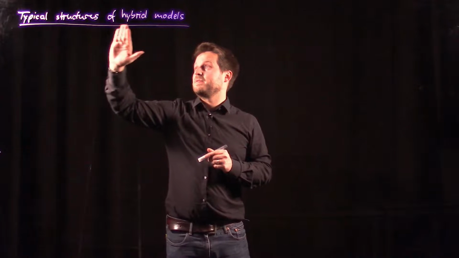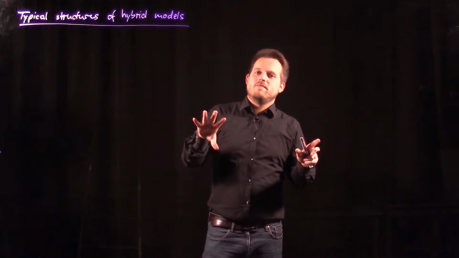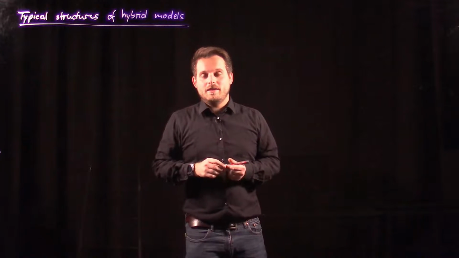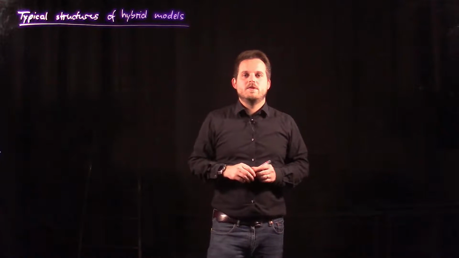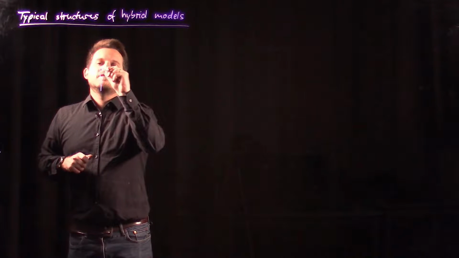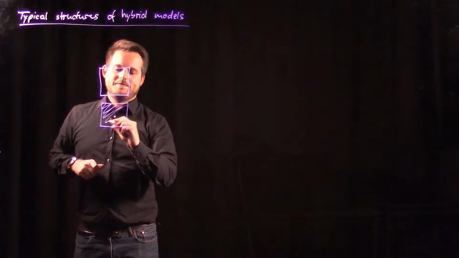And now we want to talk about structures of hybrid models. We basically saw before that we use two different kinds of models within hybrid models, like first principles or mechanistic models, and on the other side data-driven models. And now you could imagine that there are different ways to combine them together. And one way would be to say, okay, I do it in a parallel manner and say I have a black box model and I have a white box model. I put them in parallel. So this is the white box. And I put them in parallel